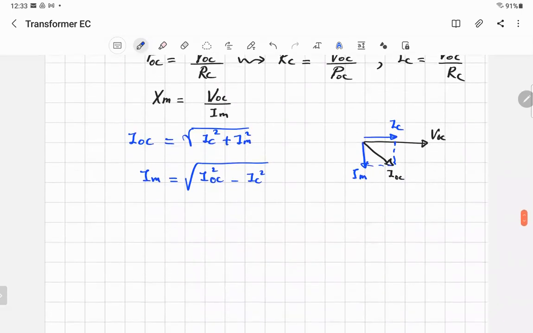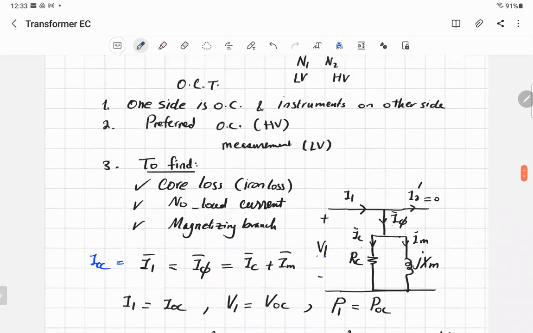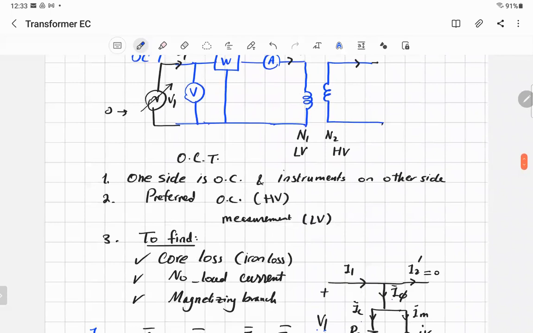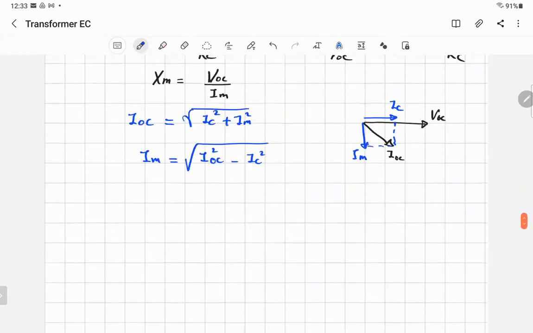So that's one test. Some may ask, which side is this one? This is side one. Okay, what if the question asks to find everything on the other side? Just use the turns ratio for transforming one impedance to another. Well, I forgot, how do I do it? I will show you. If you have a transformer